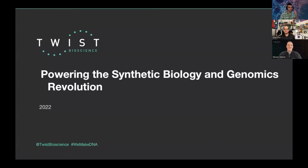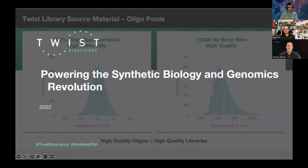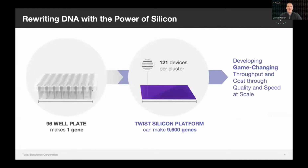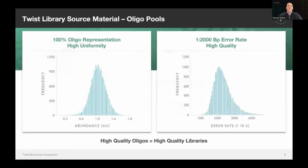Yes. Great. So I'll start just by briefly talking about our oligo synthesis technology. This really is the core foundational technology that Twist has that feeds into all of our different applications. Essentially, on a chip with the same footprint as a 96-well plate, we are able to manufacture over 1 million unique DNA oligos. Now, these oligos are not only very high in throughput, but they're also very high in quality. This quality is measured both by our error rate of being about 1 in 2,000 nucleotides on average,